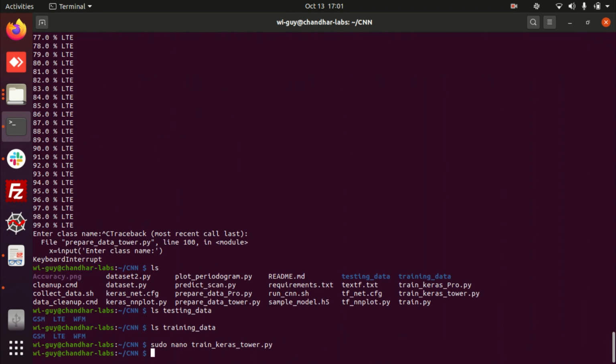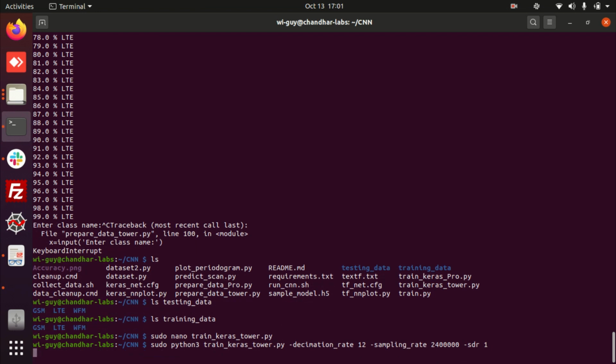Now we are going to train our Keras model with the data we have prepared. sudo python3 train_keras_tower.py, with decimation rate 12 and sampling rate 2.4 megahertz.